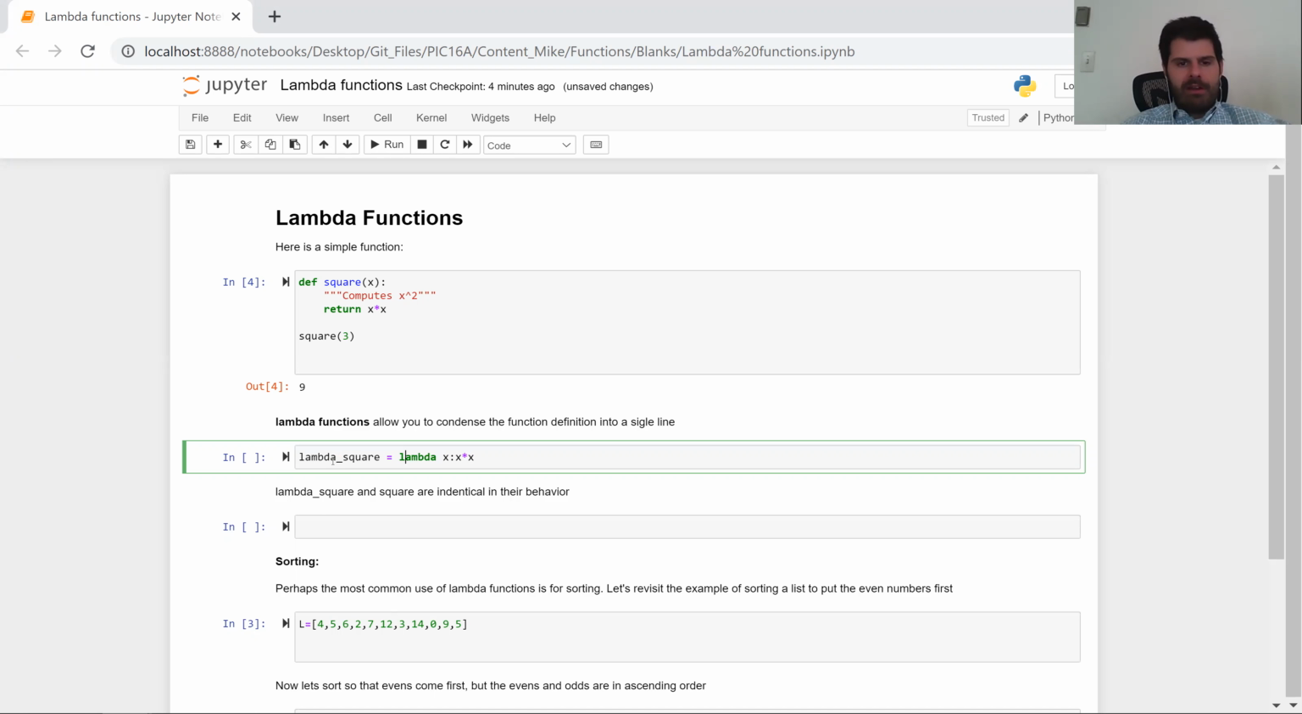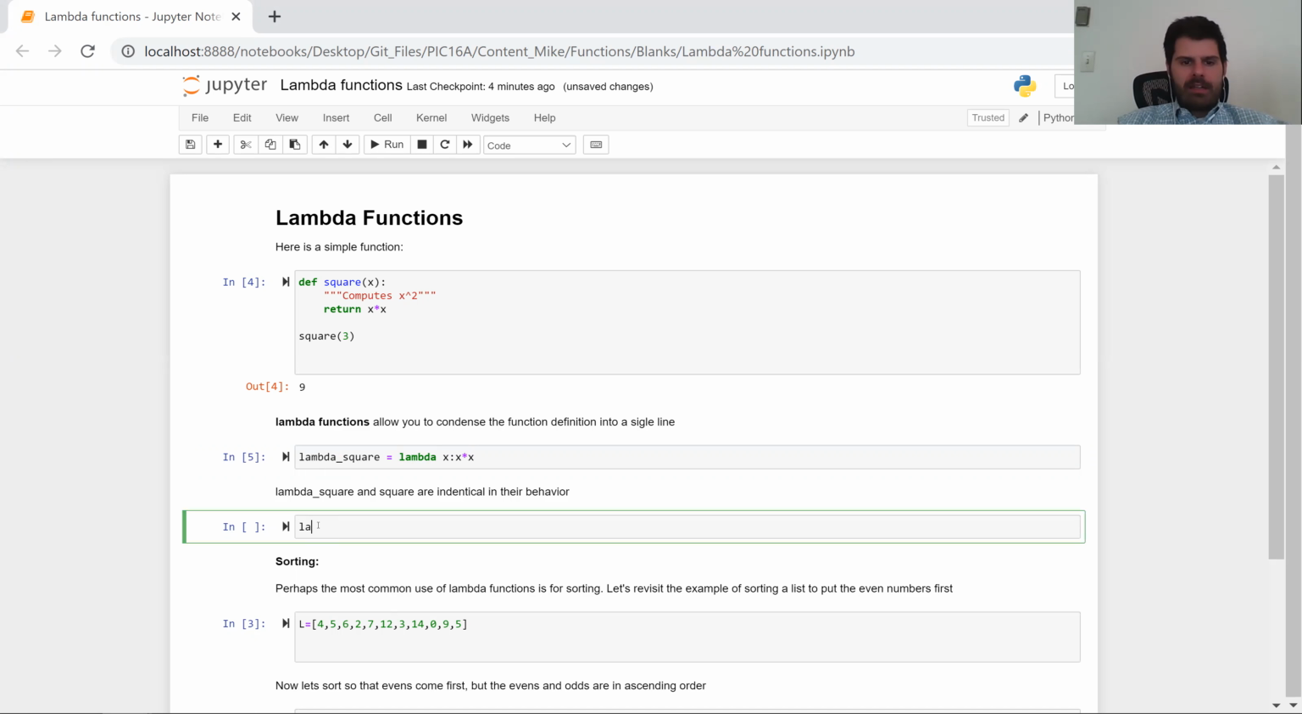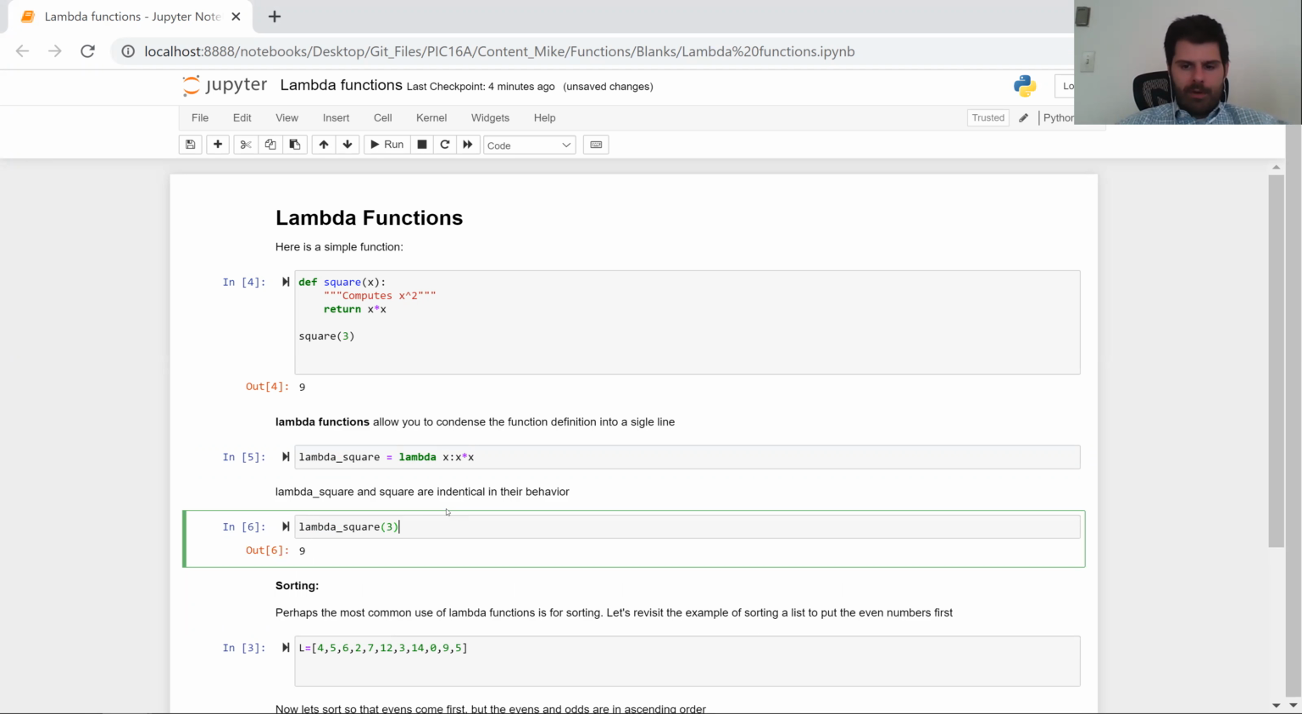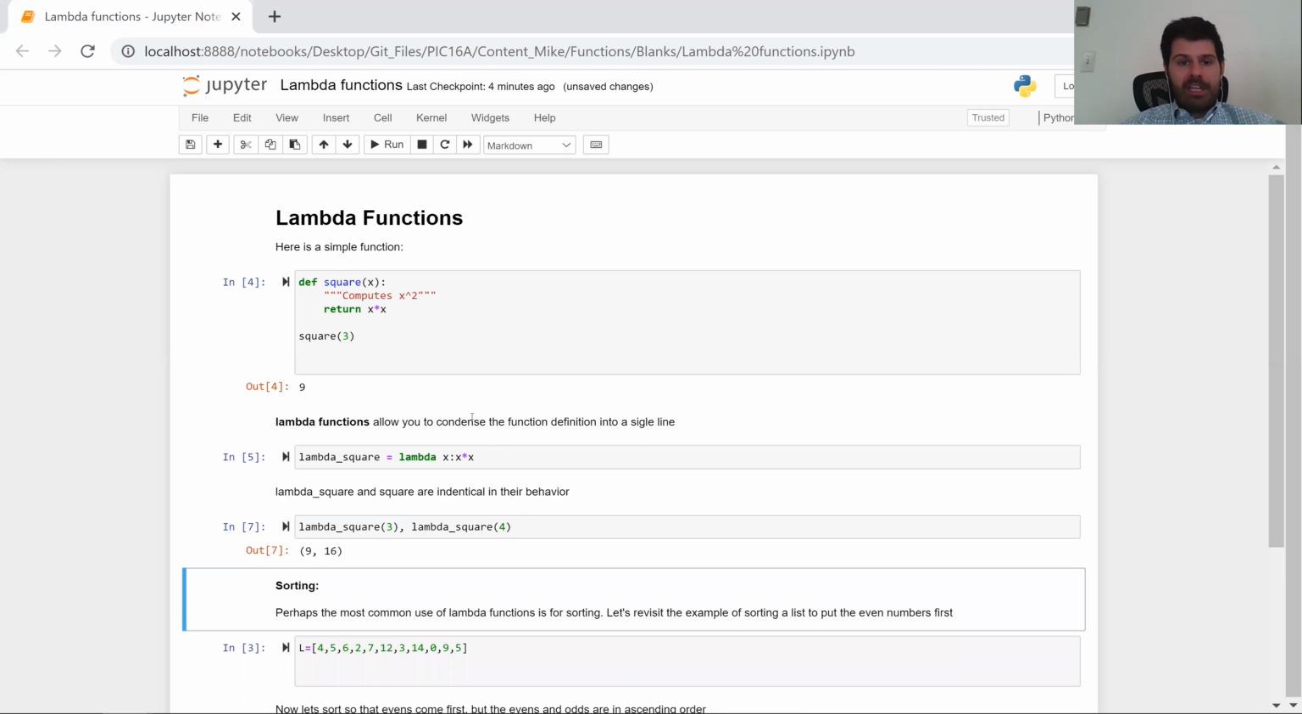We set lambda square equal to lambda x colon x times x. And then we can use this exactly the same way that we would use square. We can square 3. We can square 4. Anything you could do with our big fancy 3-line function, you can do with this nice